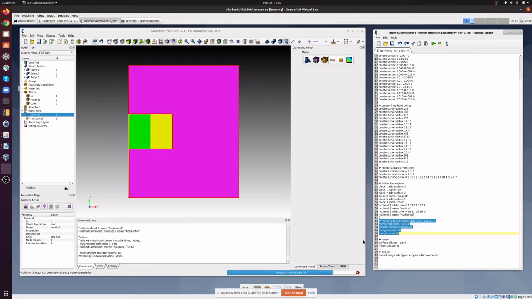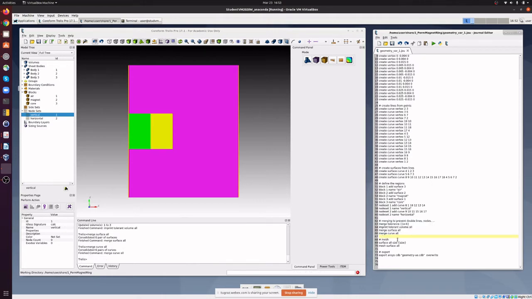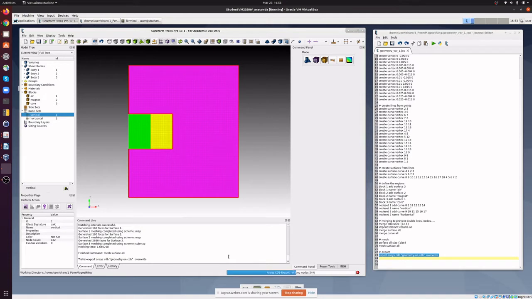Okay, this takes some time, and then we can perform the meshing. We define a size of the elements in every region, which is a constant size that we predefined at the beginning with this size variable, and perform the meshing with mesh surface all. Then we simply need to export this mesh as a CDB file. So this was the last step, and we can read this CDB file with